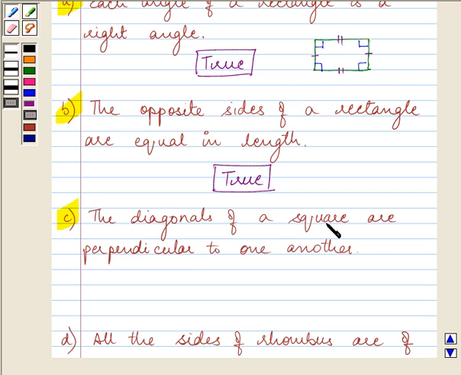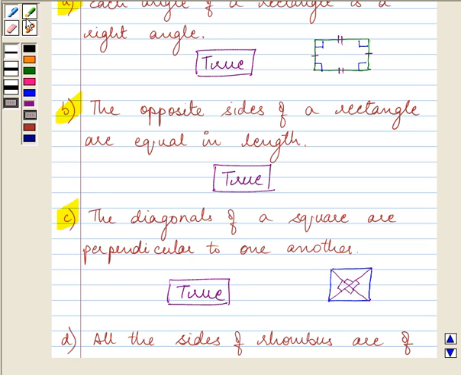The diagonals of a square are perpendicular to one another. This is a square and we are talking about its diagonals, that is the line joining the opposite vertex. Now, as one of the properties of the square, we know the diagonals bisect each other and they are perpendicular to each other. So, therefore, again this is a true